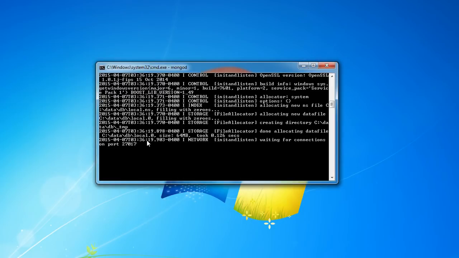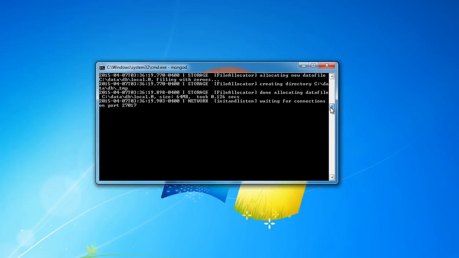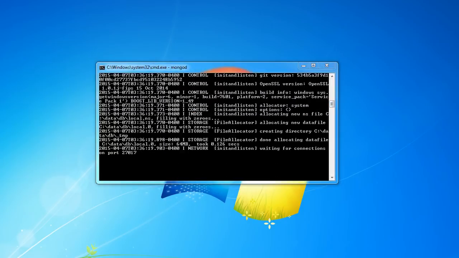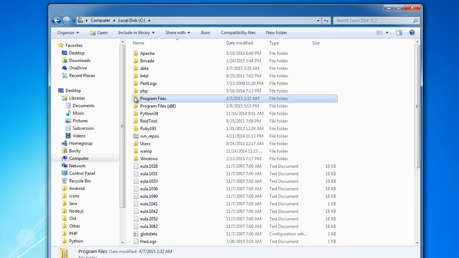However, I'm going to show you guys one little shortcut. By the way, if you want to stop watching the video right now and, whenever you want to run the server, navigate to this long string right here, you can do that and move on to the next video. But if you want to save yourself from having to type all this, I'll show you a cool little shortcut. So back in your Windows Explorer, navigate back to Program Files,